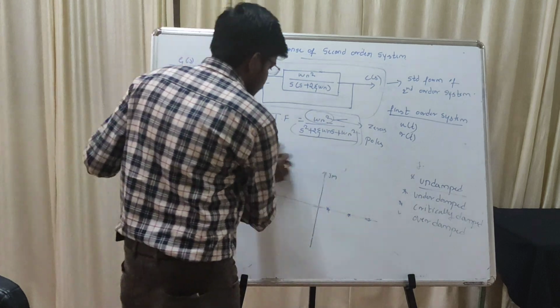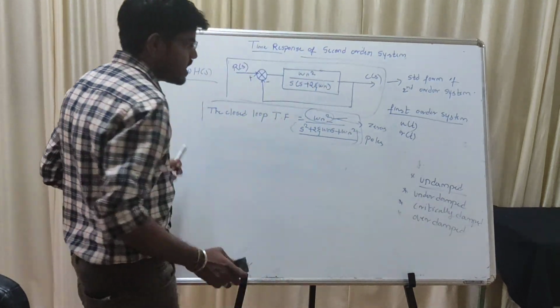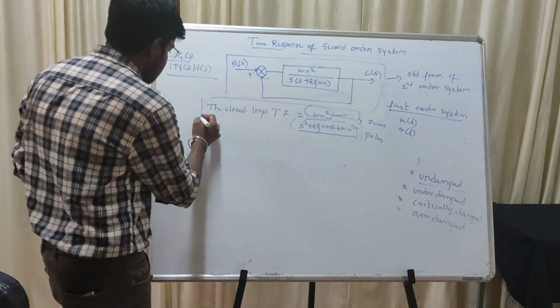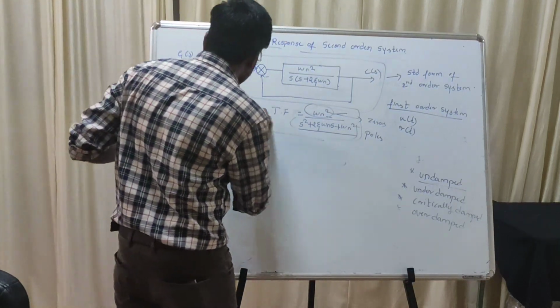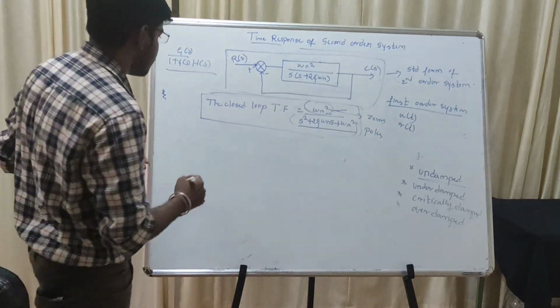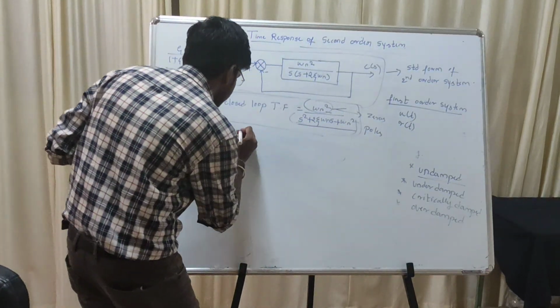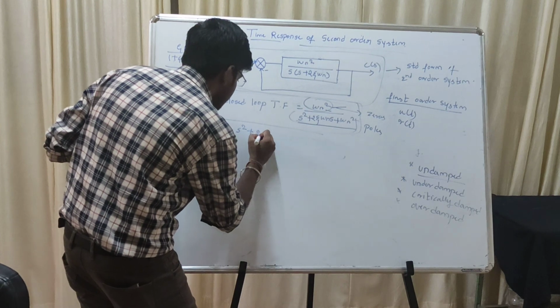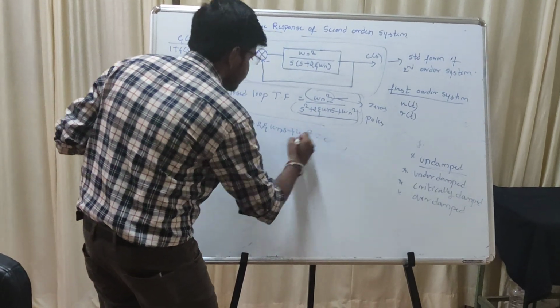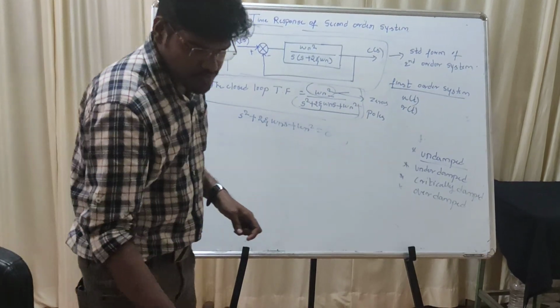Once you have the information about the underdamped and critically damped systems, the control systems are mainly designed by considering the value of zeta less than 1. For an underdamped system, if we solve this equation, s square plus 2 zeta omega n s plus omega n square equals 0, the roots of this equation will be as follows.